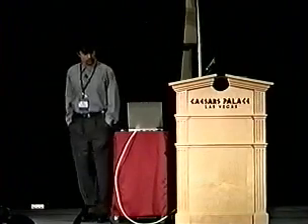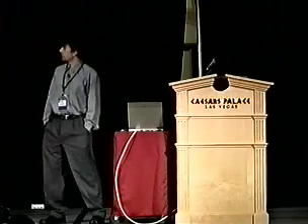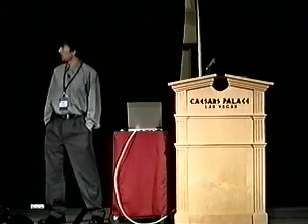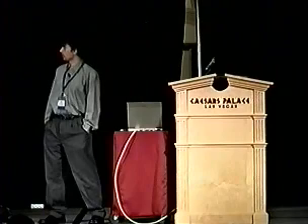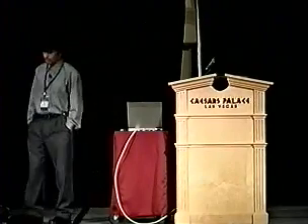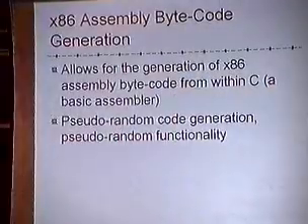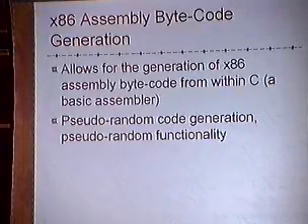Another part of Shiva that we implemented was runtime generation of x86 assembly bytecode. And we do that from within C. So we implemented a very basic assembler that creates this code on demand. And it allows us to do pseudo-random code generation, or basically make the encryptor behave differently each time it's run. A little bit differently anyways. It's pretty challenging to make it behave completely differently from time to time, but there is some pseudo-random code generation,